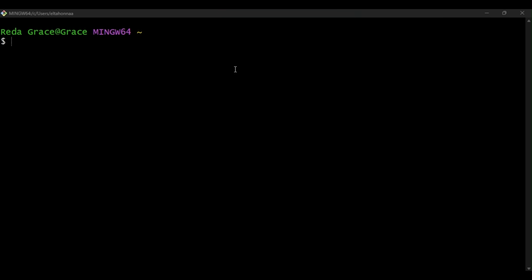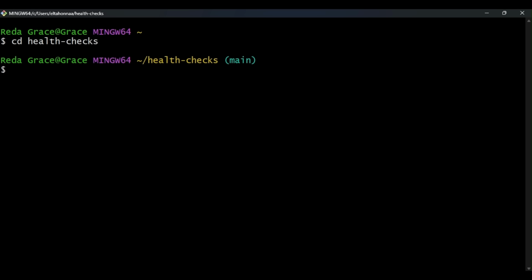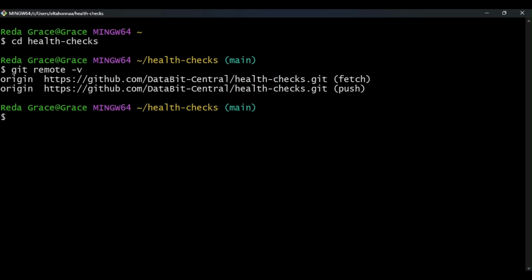When we call a git clone to get a local copy of a remote repository, Git sets up that remote repository with the default origin name. We can look at the configuration for that remote by running git remote -v in the directory of the repo. Here we see the URLs associated with the origin remote. There are two URLs. One will be used to fetch data from the remote repository, and the other one to push data to that remote repo.